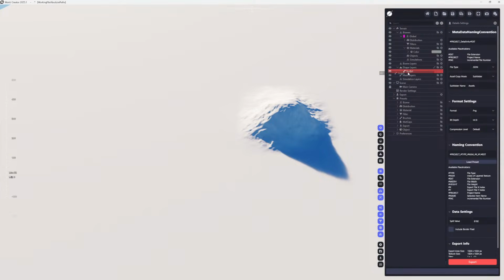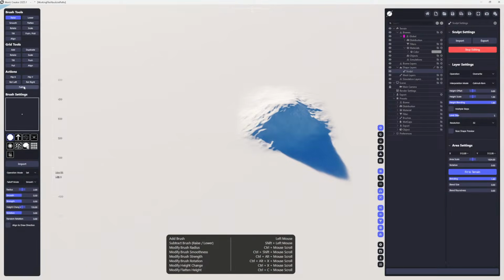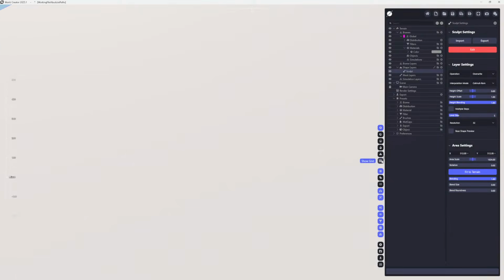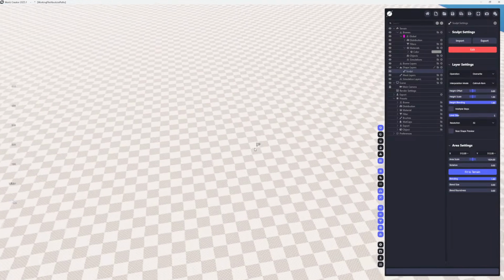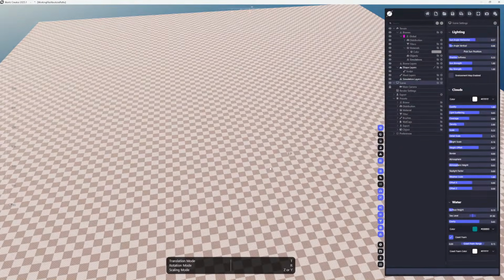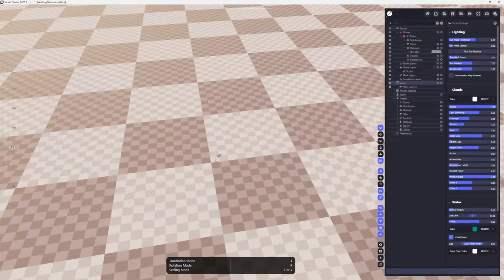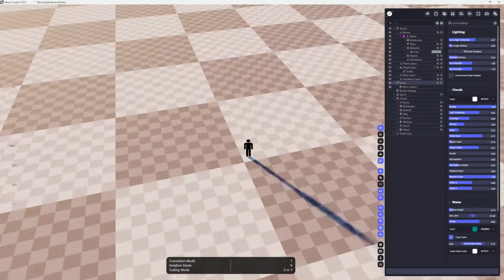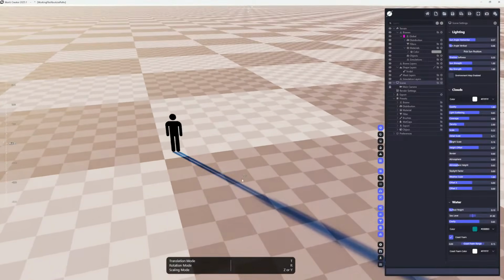Let me quickly flatten this out here. Flatten it, done. And let's show this grid, because we now need that grid here. Let me adjust my lighting a little bit here. So let's move down. This is my human here. We're going to place some objects here. Okay, the first thing,